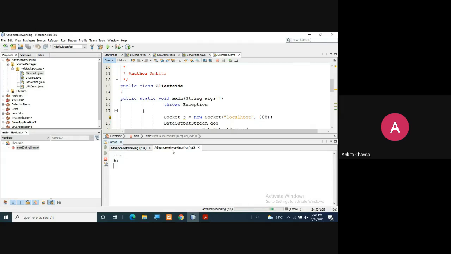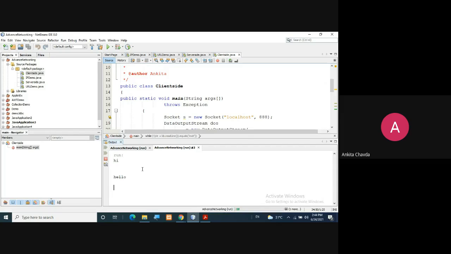This is the client side, and this is the server side. If I write anything from here, the server is saying hello to the client. So this is the chat application.